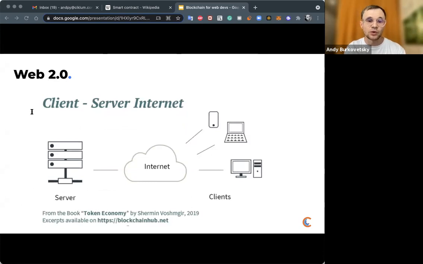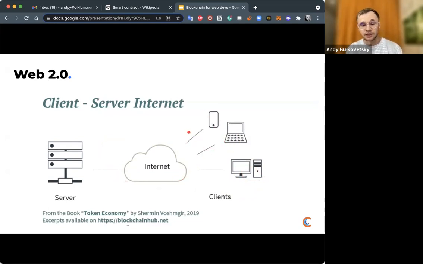Let's try to compare blockchain architecture with classic web architecture. Probably everyone is familiar with the so-called client-server architecture, or Web 2.0 architecture. Here are some elements of it. Usually there are some clients like laptops, smartphones. It could be IoT devices as well.